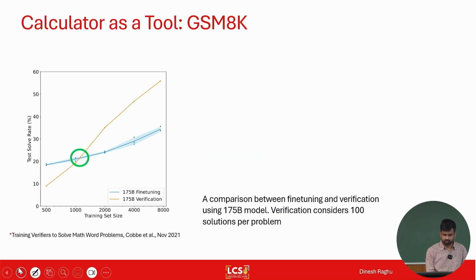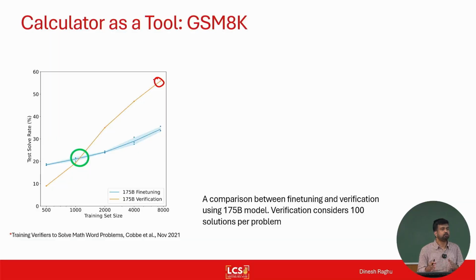Okay, so let's see how adding the verifier into the pipeline helps, right? What they say is that if you add a verifier to your pipeline, then you can see that the numbers jump to 55% with 8,000 training data points, right? So now it looks like with some more data, you can achieve good numbers much more easily than what you would do with just fine tuning, right? There are a bunch of more things this paper talks about on how to make it more efficient. But the crux is this point that